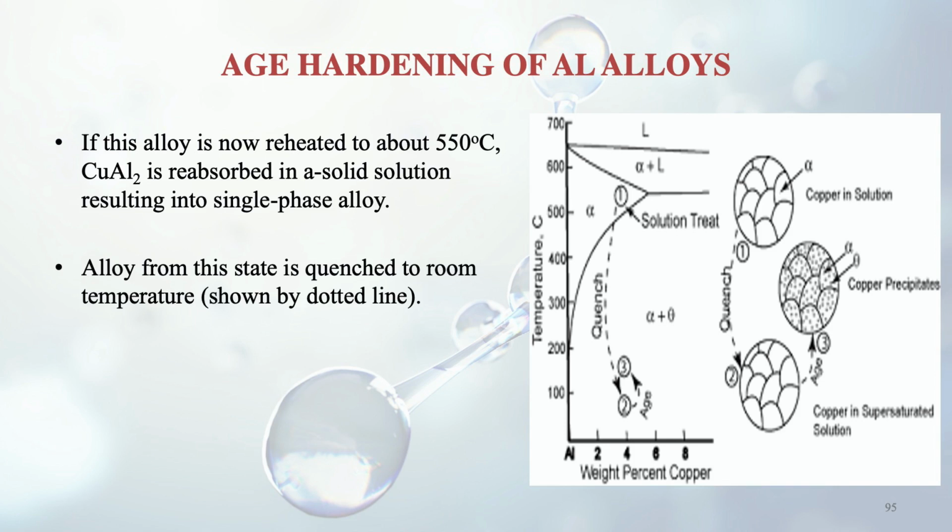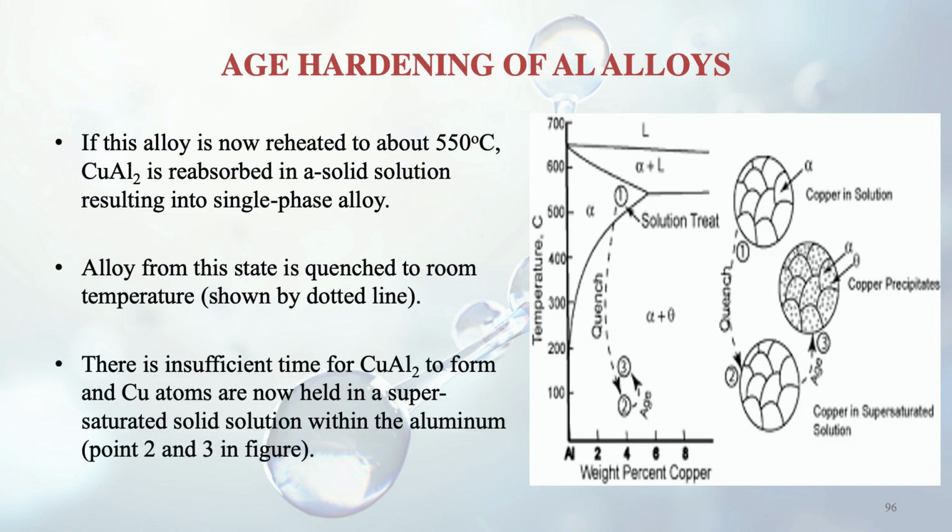So now we will not follow the line AB, we are quenching it directly. Then it will follow this dotted line given in the figure, and it will come to room temperature. What happens now is that there was insufficient time for copper aluminide to form because our cooling rate was so high. So copper aluminide didn't form, and copper atoms are now held in a supersaturated solid solution within the